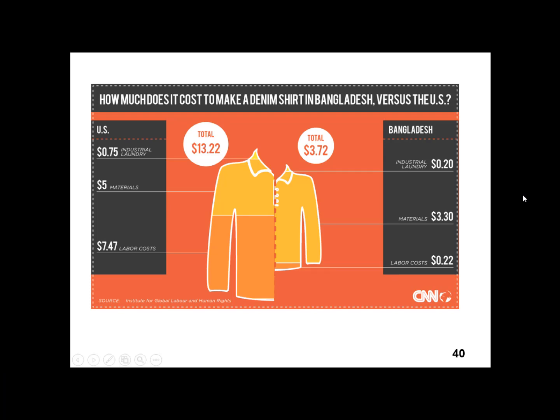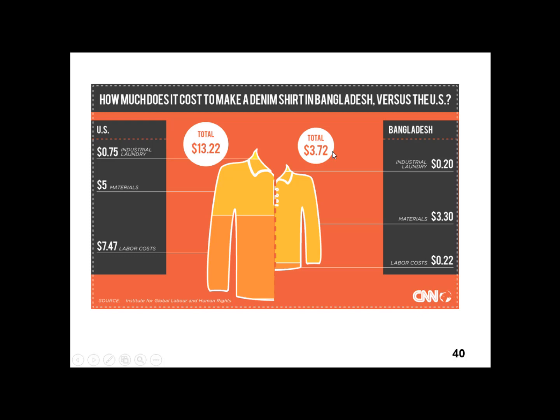All right, and this graphic explains it all to us. How much does it cost to make a denim shirt in Bangladesh versus the United States? When we compare the two, we have the United States cost on the left and the Bangladesh cost on the right. You can see the total cost here is $13.22 to make a denim shirt in the United States